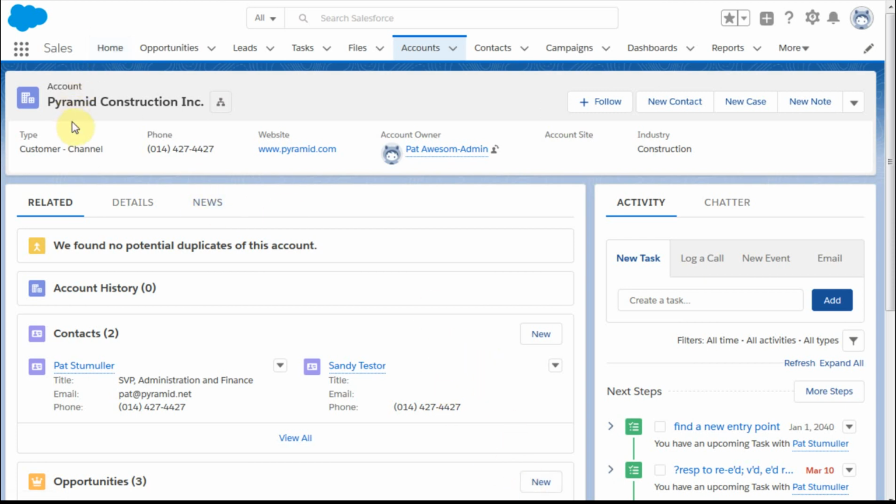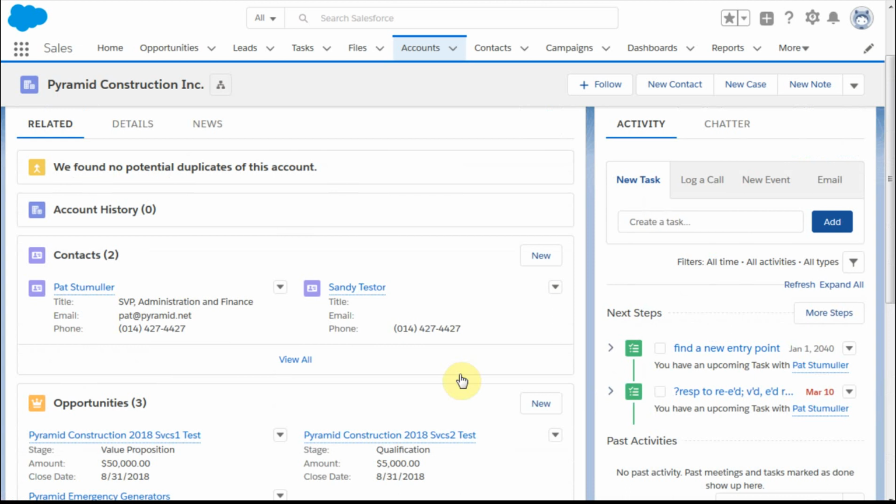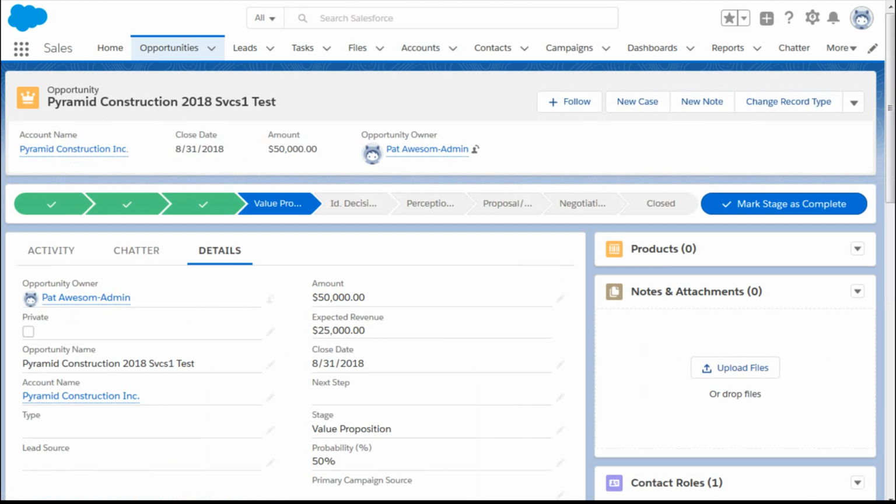So I'm looking at an account record here. And if I scroll down and look at the opportunities, you can see I've got 3 opportunities. And I've got a services 1 for 50K and a services 2 for 5K. So if I go out here and look at them, so I click here, and what I get is this